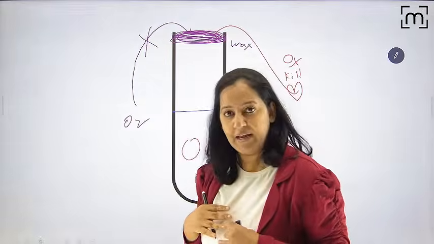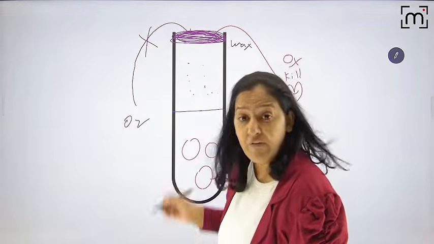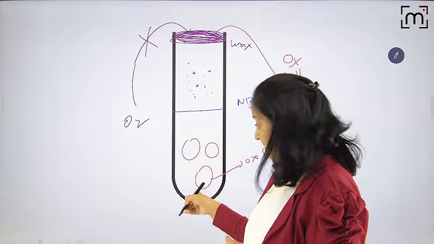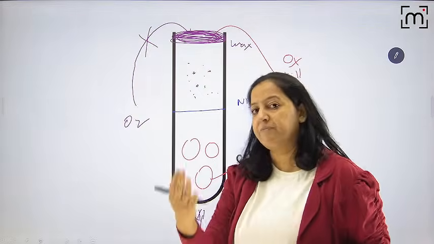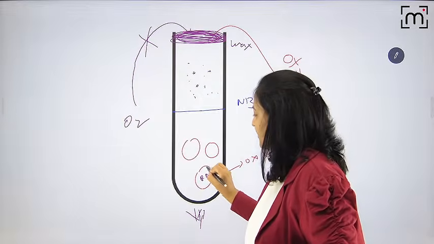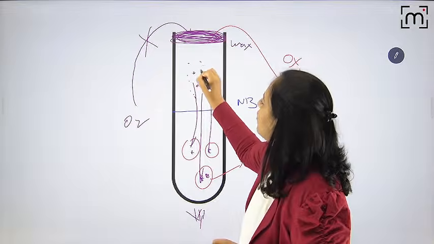Okay, you will say, ma'am, I agree, no new oxygen will enter. But what about the oxygen already present in this space? There is no vacuum, you told us, no? No worries. That's why we have taken ox heart meat pieces. Now heat it on a Bunsen flame. Once you heat it, the ox heart pieces contain a reducing agent that will utilize the oxygen present in this space, and there will be zero oxygen over here.